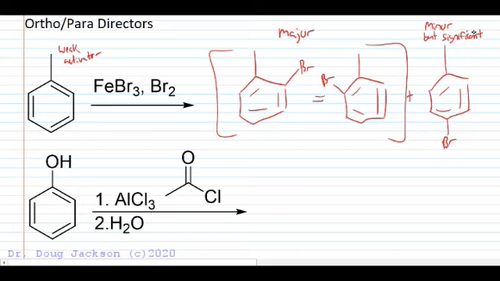Okay, so if we need to access that para substituted product, we can through a reaction in a multi-step synthesis. In general, an industry would just separate the two, bottle them both, and sell them both to get their 100% profit on that reaction. We can invoke that para product even though it might be a minor product of this substitution reaction. Well, suppose we take phenol and we have a strong activator, ortho-para director, as we labeled it above,